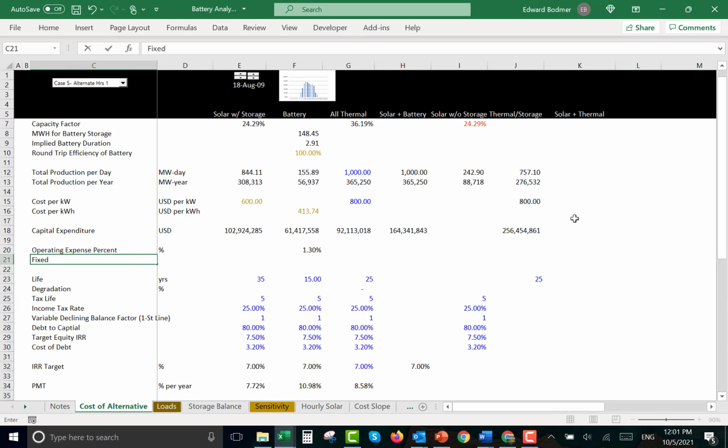Fixed O&M expense. Now, I'm going to do this really quickly for the solar and the thermal. I'll put USD per kilowatt-year. Okay, that means it's a fixed cost, and for the solar, I'm going to put about